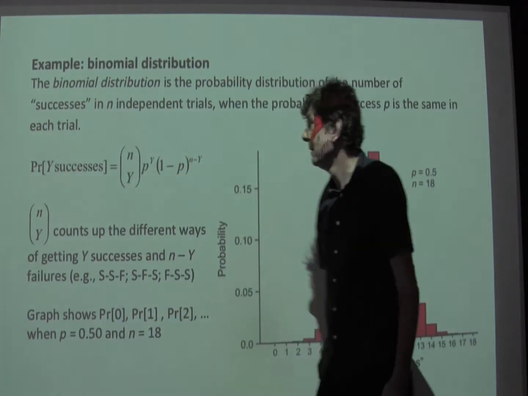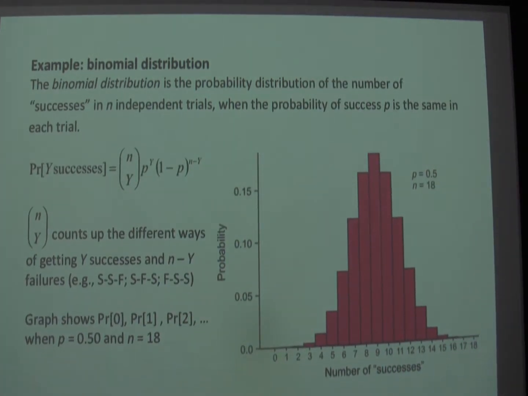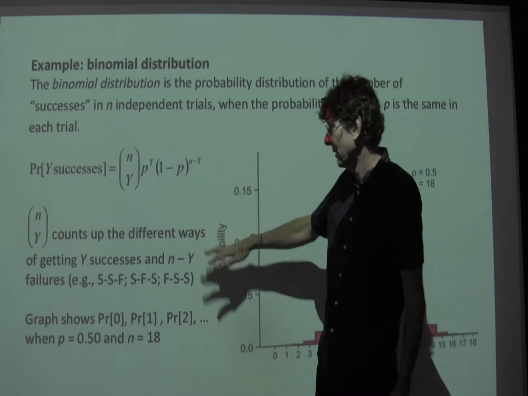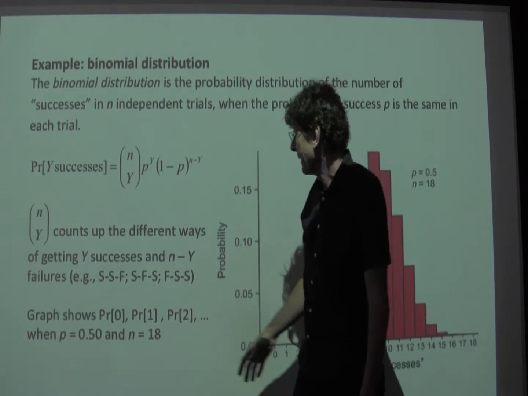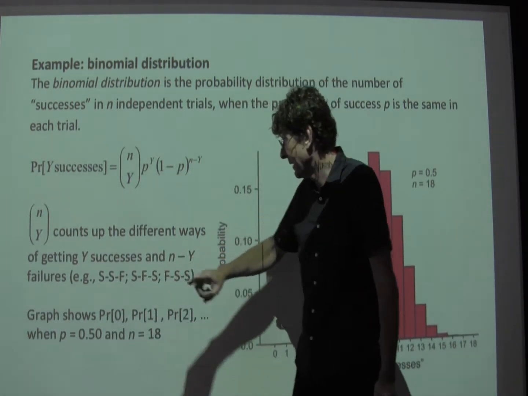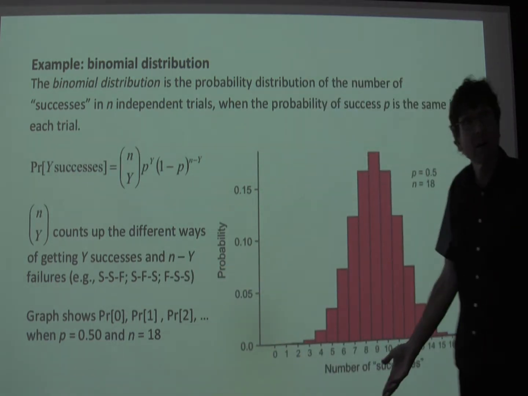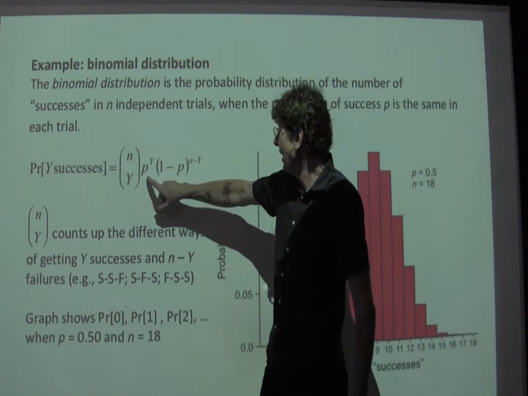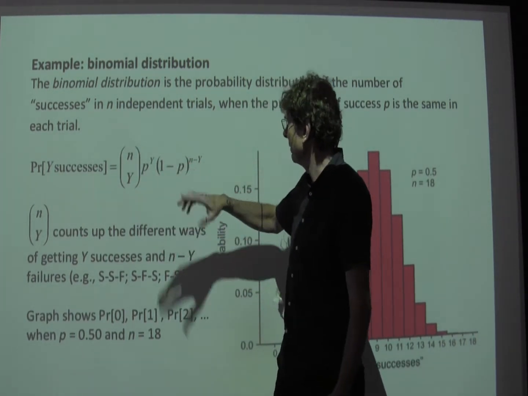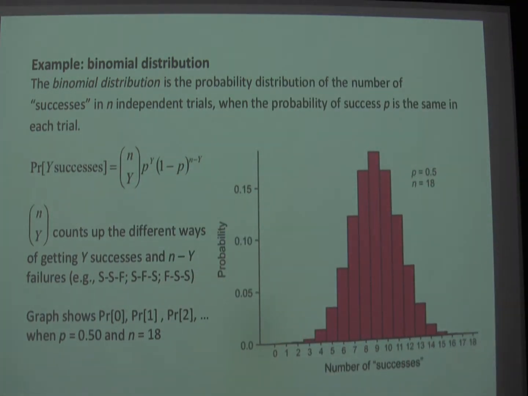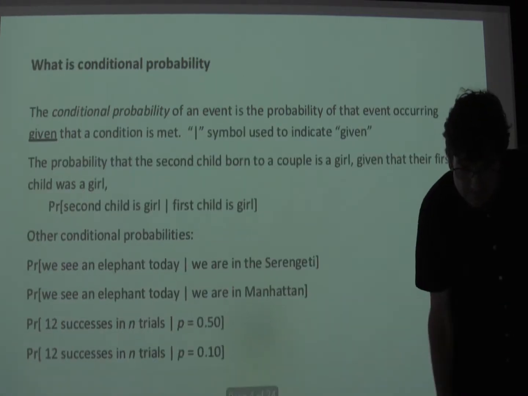And then this part here is just the number of ways in which you can get 5 successes in a total of 18 trials. So it's just a counter. For example, you can get success, success, and then failure in the case of 3 trials. Or you can get success, failure, success. Or you can get failure, success, success. Those are all equally likely. And so when calculating the probability of y successes, you have to take into account not just the probability of getting a particular sequence of y successes and n minus y failures, but also the number of ways in which that can occur, the number of sequences of f's and s's.